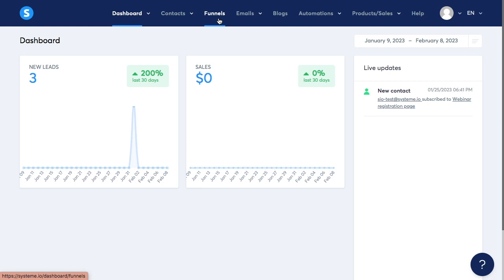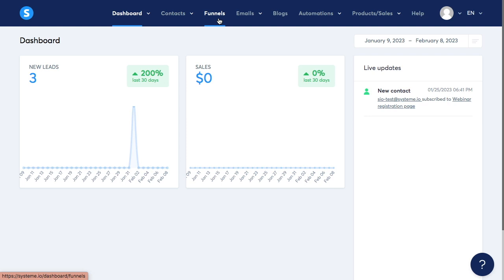Today we're going to learn how to create, modify, and moderate funnels in Systeme.io. So let's start by understanding what a funnel is. To put it simply, a sales funnel is a marketing term used to describe the journey that a prospective customer goes through on the way to their purchase. You will use our funnel feature to build most of your pages, and this is definitely a key feature to